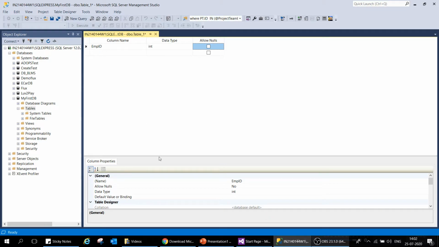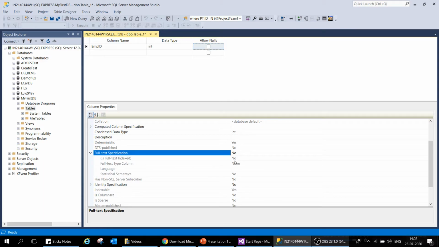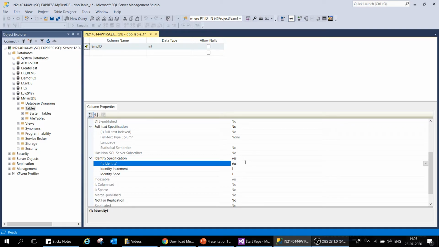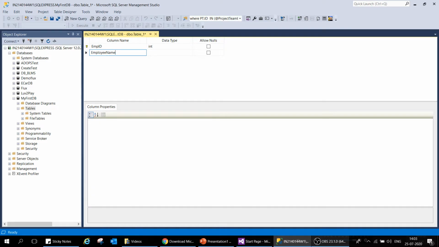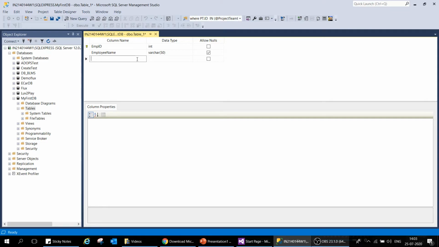So for the employee ID, we need to make it a primary key. What a primary key and foreign key are, we can discuss in a different tutorial which is related to SQL. So before doing that, we have to set it as a primary key. And in the primary key, we want this column to be incremented automatically. So every time it will increment by 1. The second would be employee name. That has to be a text value. So for the text value, I will select varchar 50. Sorry, it is varbinary. I have to select varchar. Yeah, varchar 50. So this is more of a string value. And employee name is there, and then we can do employee address.